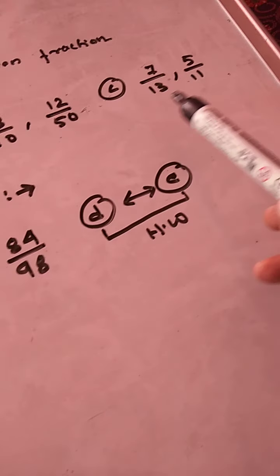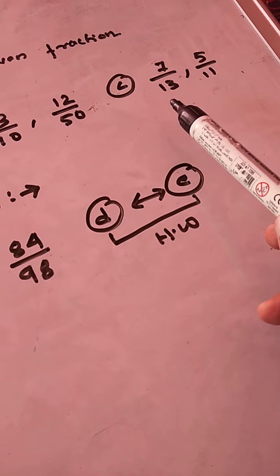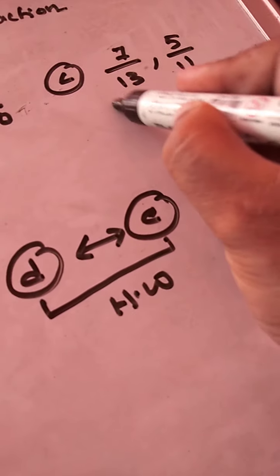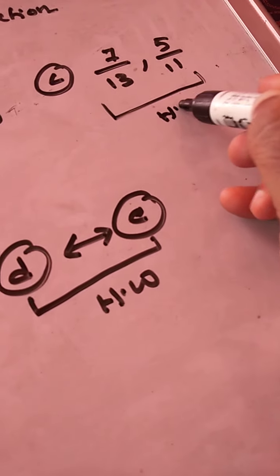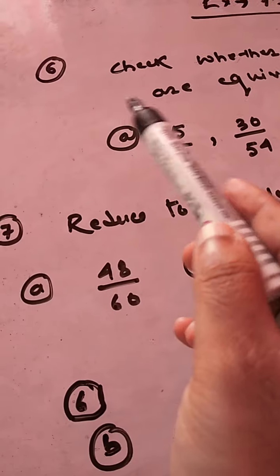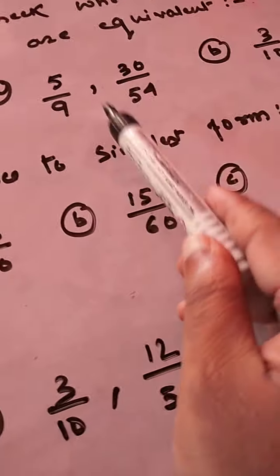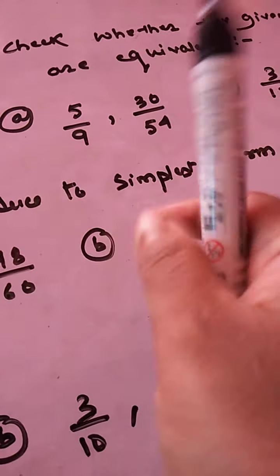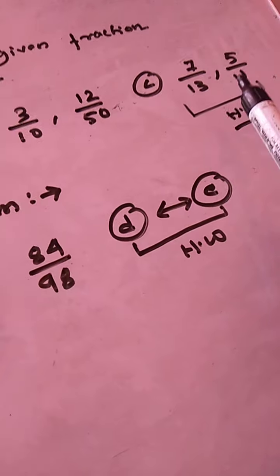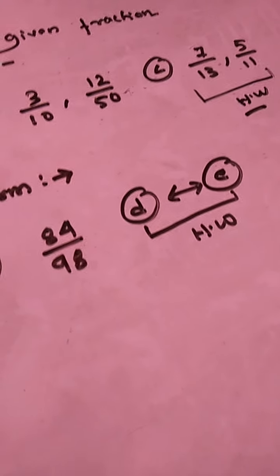Very similar thing you will do with question number C also. So this part will be your homework. Question number C of question number 6 will be your homework. I've already done this too. Please take help if you have not understood B and A. Please go back and watch how exactly I've done A and B, and accordingly you will do question number 6 and make your judgment whether these two fractions are equivalent or not.